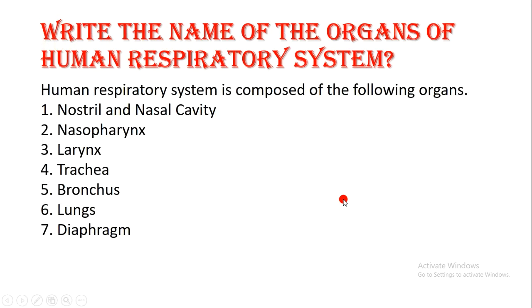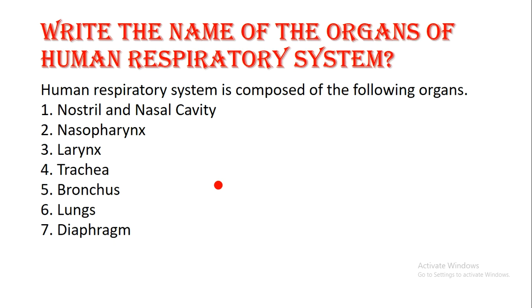So now we are going to discuss the next one. Write the name of the organs of the human respiratory system. So my dear students, we know the 7 main organs participate during the respiratory process in the human respiratory system. So we are going to discuss the answer. The answer is: the human respiratory system is composed of the following organs: